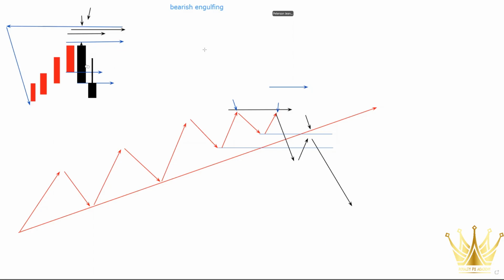Let me change the color real quick. Okay? You will look for this price action, bearish engulfing. Let me do this real quick, hold up. Okay? You will wait for this price action right here. Okay? You will wait for that price action right there after the retracement, which is the retracement right here at